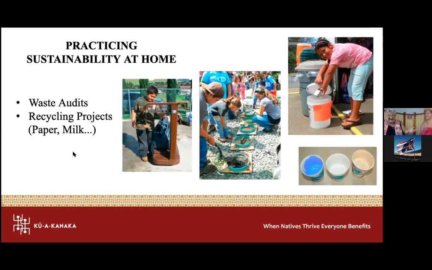I know you are a genius when it comes to doing recycling projects. You've done so many different projects, recycling paper, recycling all kinds of old material to make new things. One thing, for example, with paper that you can make is papercrete. And you can create beautiful stepping stones out of papercrete.